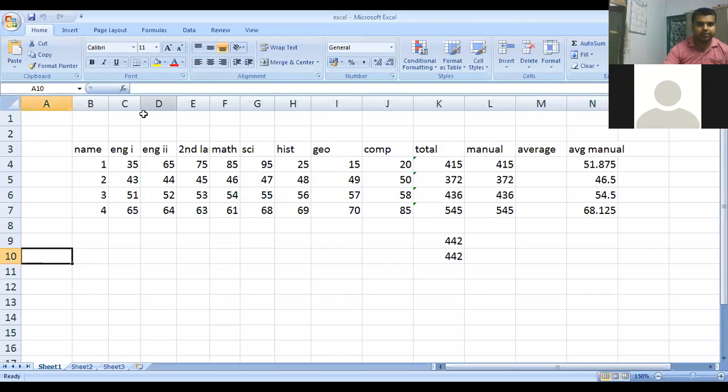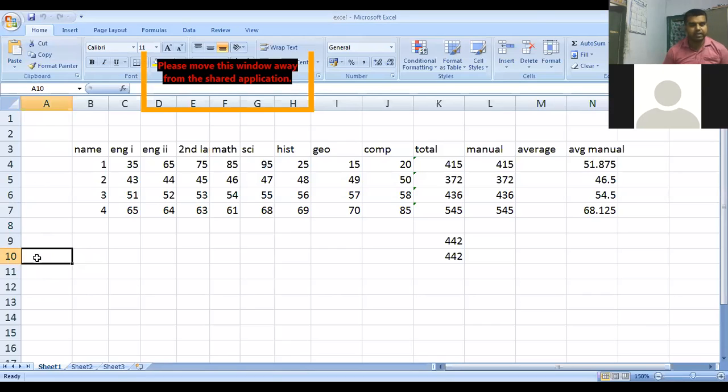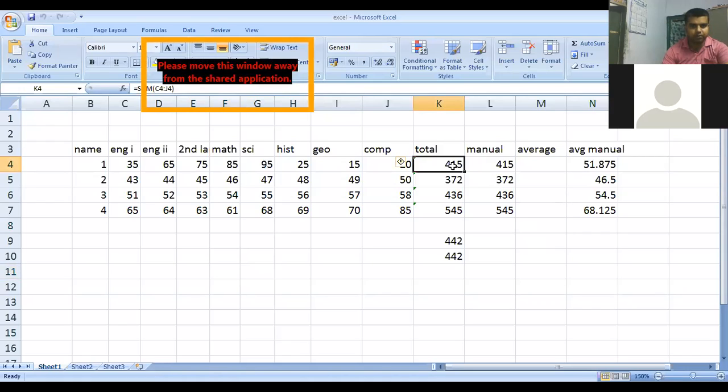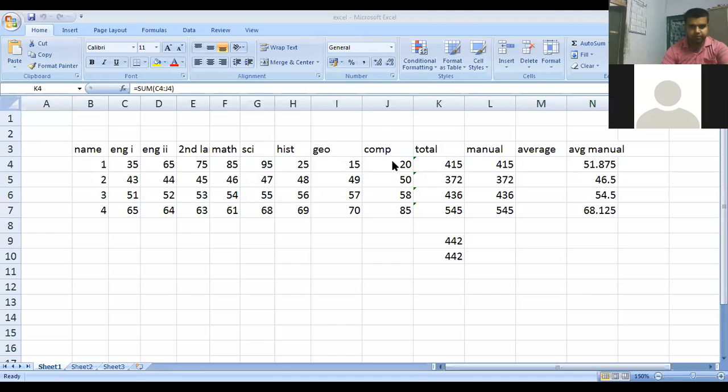So each and every cell is determined by the combination of first the column name and then the row number. Whatever mathematical operation we need to perform, either you can perform it with the help of a formula or with the manual method.